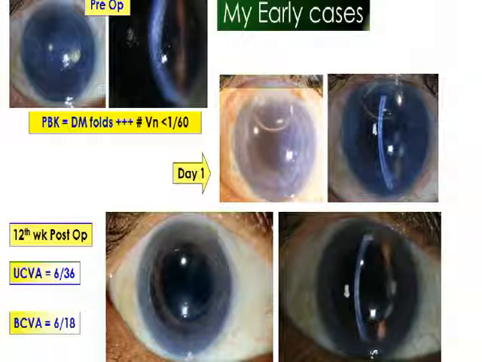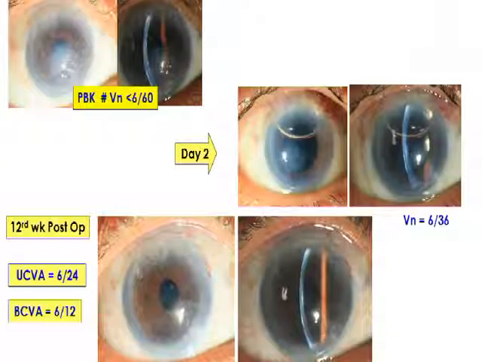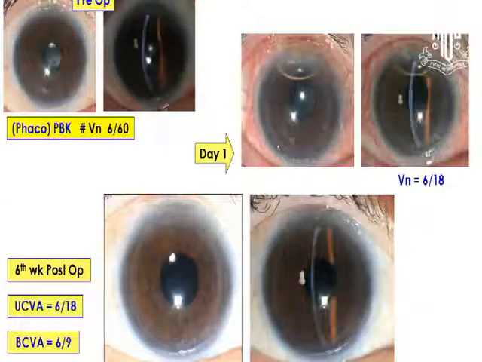Then some of the early cases, if your case selection is good, the early cases also did well. And if your previous surgery was good, your expected results are always good. But sometimes you are confused whether it is a case of subepithelial scarring or epithelial hypertrophy. With time you will be able to see that most of the subepithelial scarring, what you thought before, probably is not there, and they do well later with time.